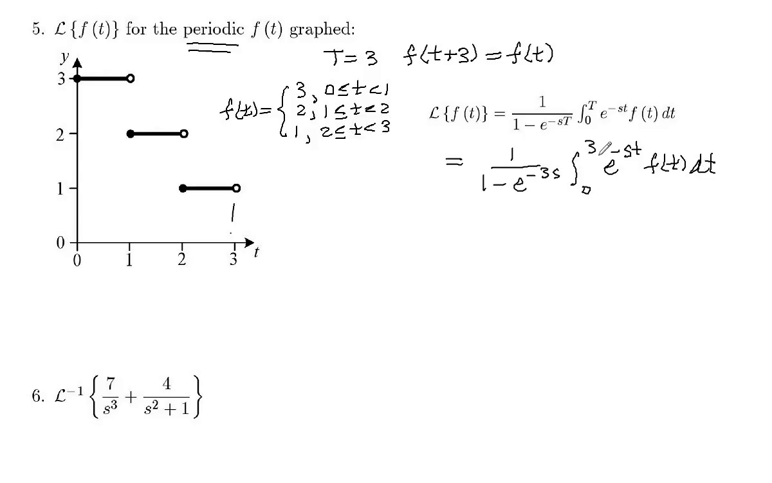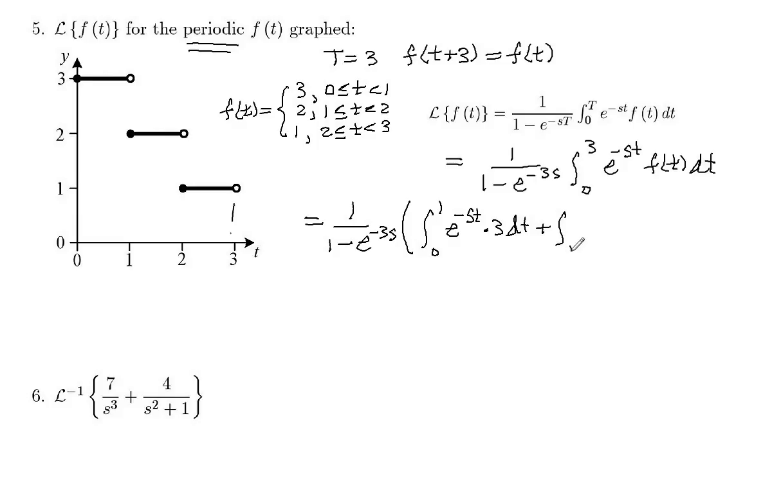So we need to take this integral and break it up into three pieces. So this is going to be 1 over 1 minus e to the negative 3s. And then this will be the integral from 0 to 1 of e to the negative st times our f of t. But if you're between 0 and 1, that's this case, our f of t is 3. So this will be times 3 dt